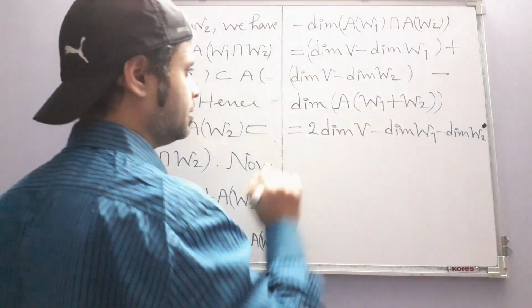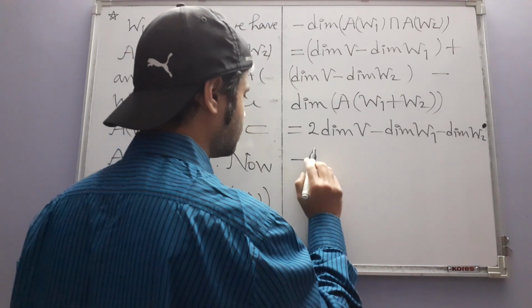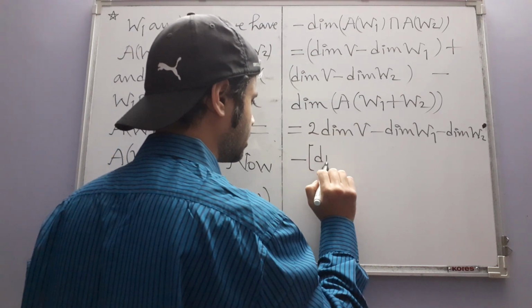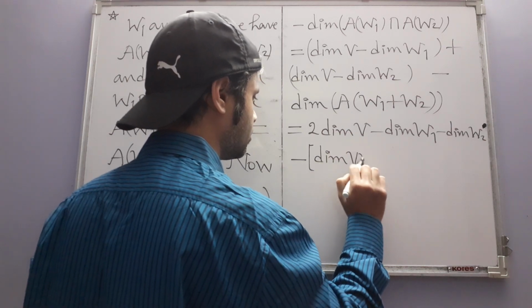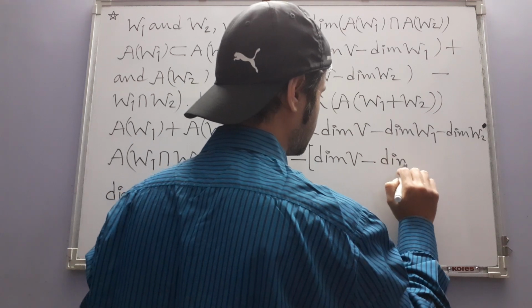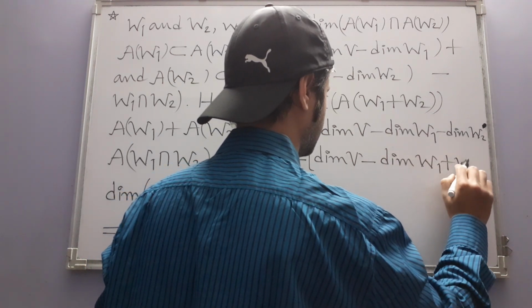Now this again can be decomposed, or we can write this in place of this dimension. Again, dimension of V